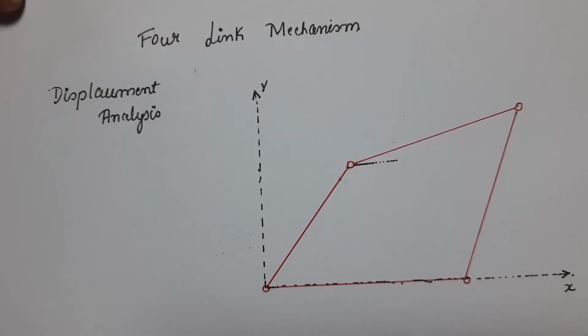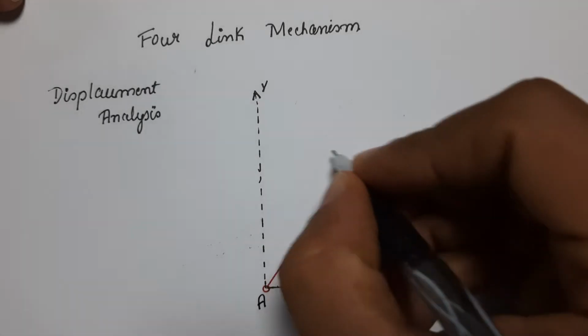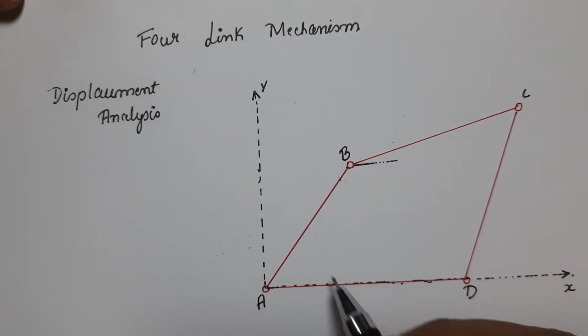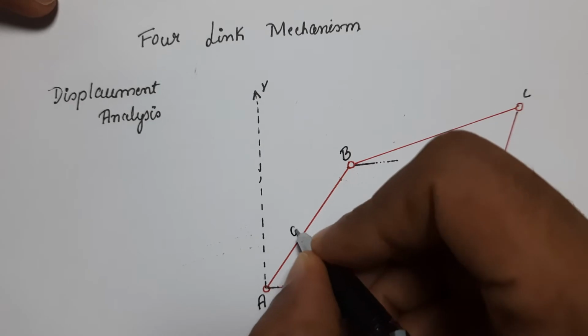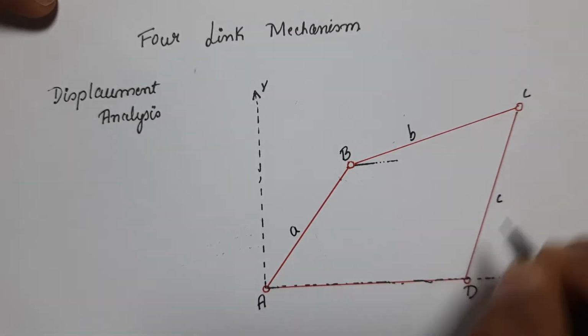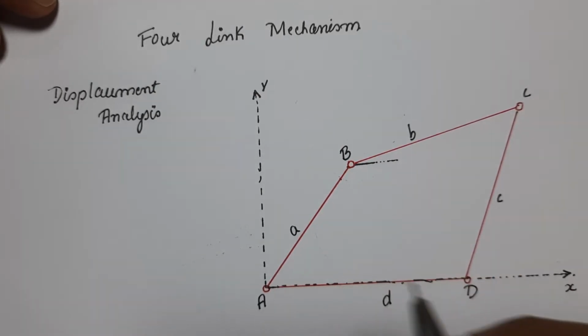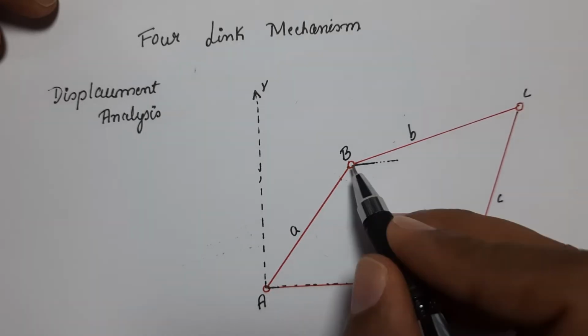So here we have a 4 link mechanism, that is, we'll write it down as A, B, C and D. So here there are 4 link mechanism which has the magnitude of A, B, C and D. These are the magnitude of each of these links here which are connected. Okay, and respectively the angle that is made by these links is, this will take it as AB is the